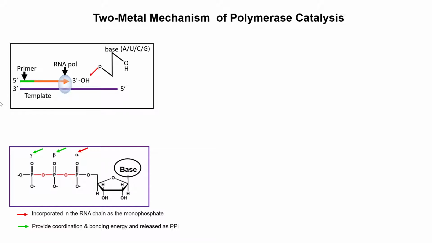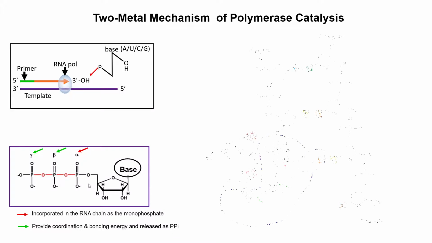When you incorporate the nucleotide into the growing chain, you lose the beta and the gamma. Only the alpha phosphate goes in as a phosphate backbone into the chain. So it becomes a nucleotide monophosphate. The two phosphates which are going out as inorganic phosphate are recycled and will be used by the cell to make more nucleotides.